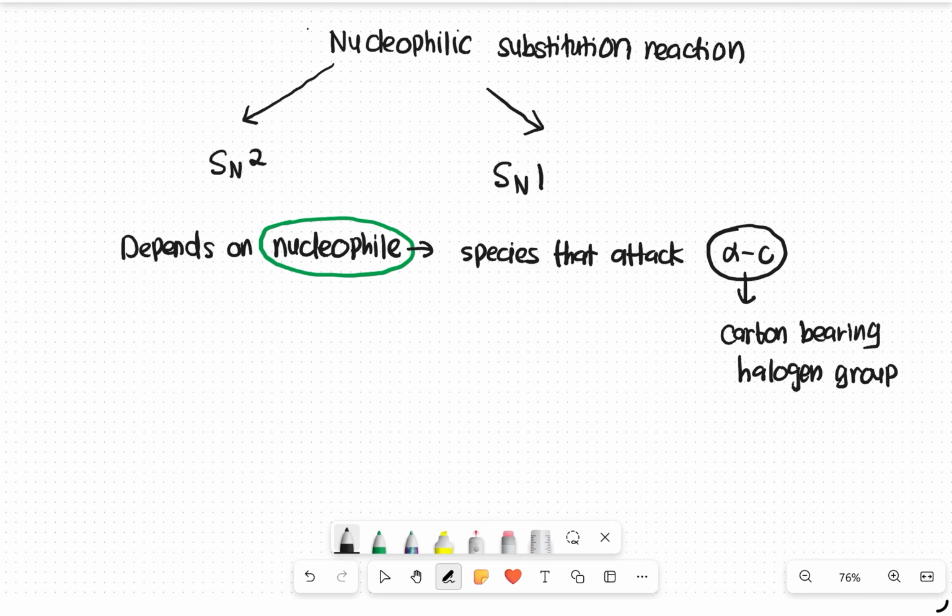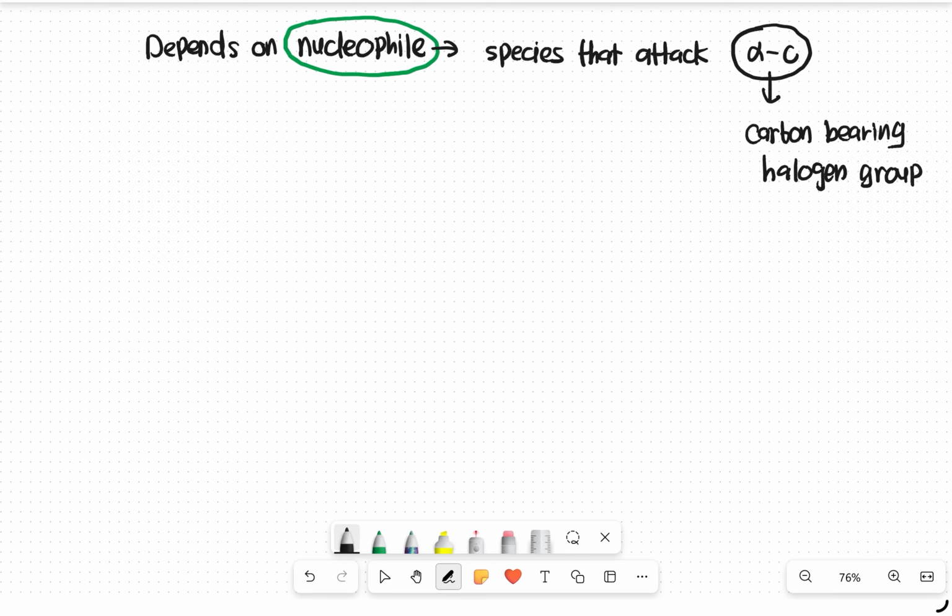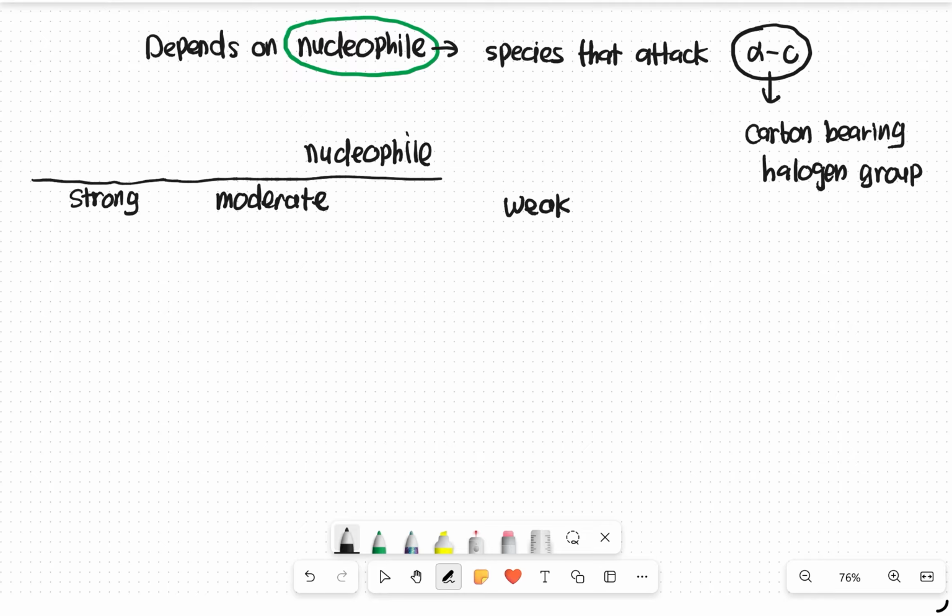Now, the types of nucleophile. You draw a table. We have strong, moderate, and weak nucleophile. Make sure you memorize this table, this type of nucleophile, because you are going to